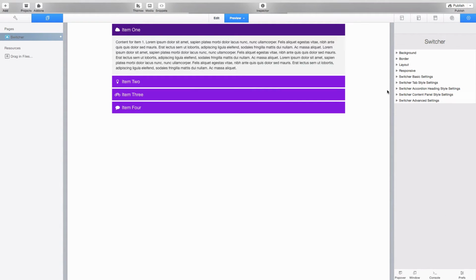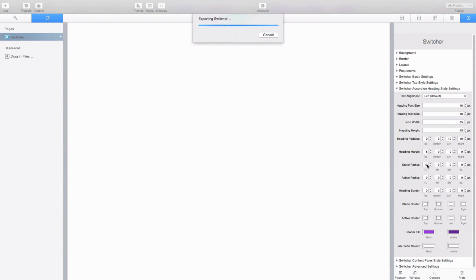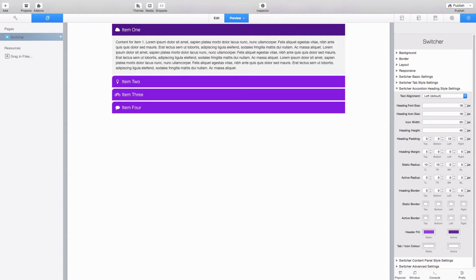So in the instance of the accordion here, if I wanted to change, for example, the style of a header, I could come in here, and this is where I could apply things like rounded corners. So I can go ahead and do that now. I can do 10 pixel rounded corners on each heading. So you can see they are rounded quite nicely, and we provide independent control for the static accordion headings and